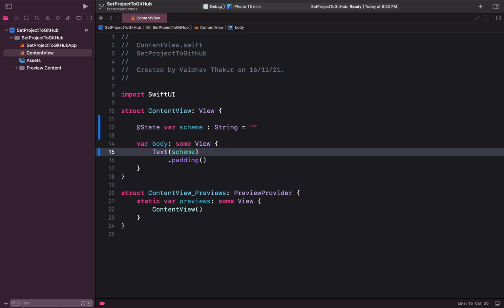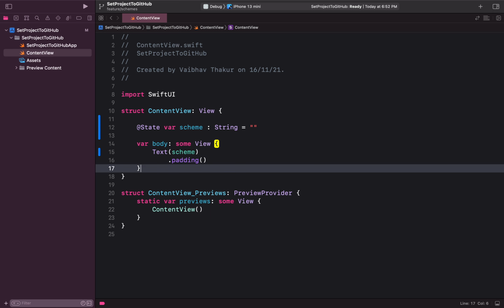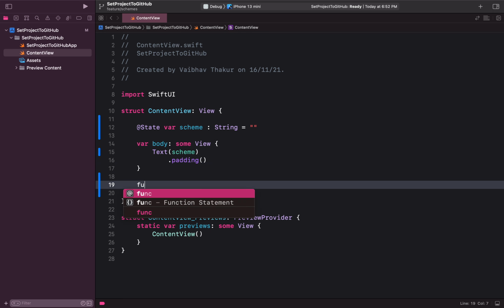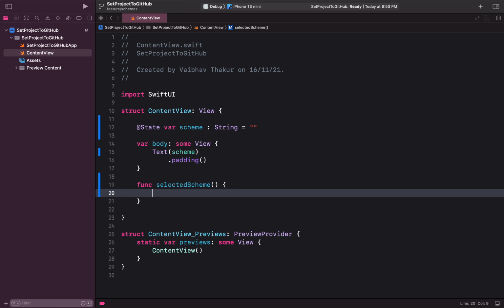So whatever the scheme will have, we'll be able to see the content of it. So we'll write a function over here which says selectedScheme. This will tell us which scheme has been selected.